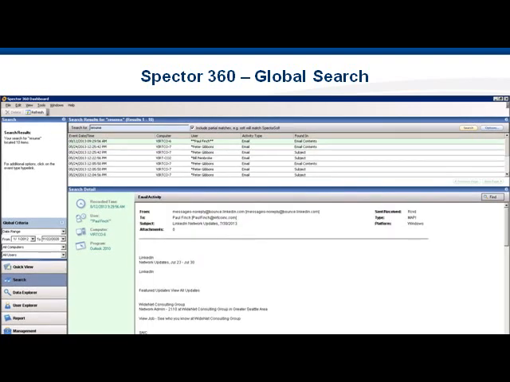Or maybe you just want to see if you have any employees that are looking for jobs. By searching the term resume, you can see where that has come up and find out if you're about to lose a valuable member of the team and all their intimate knowledge of your company to a close competitor.